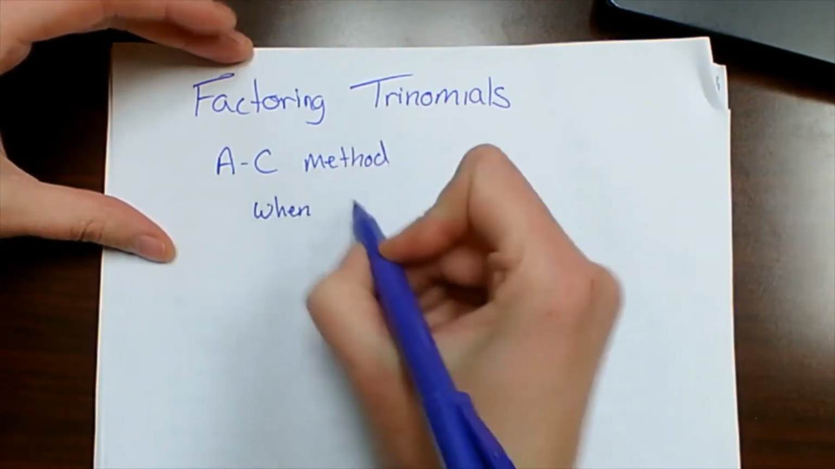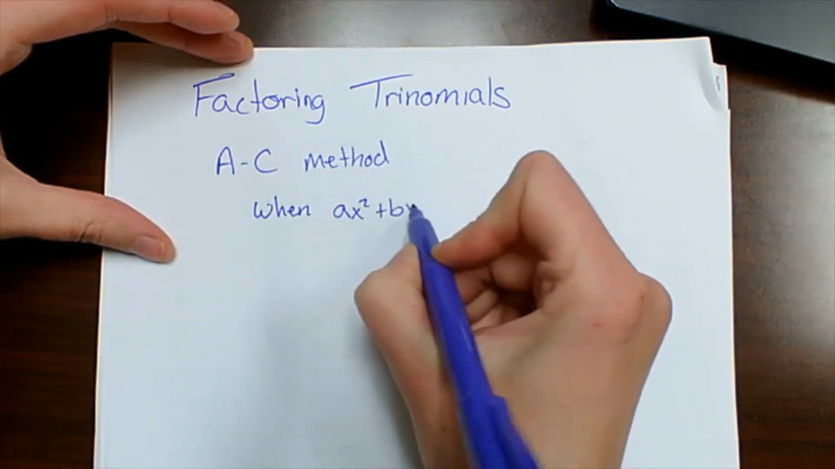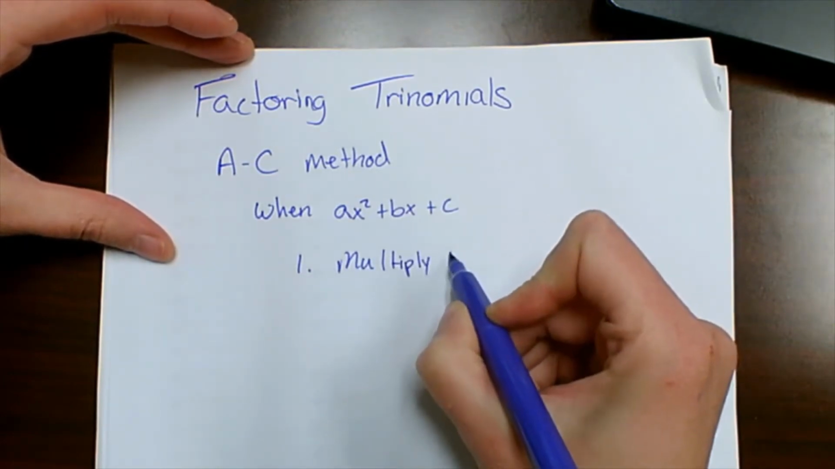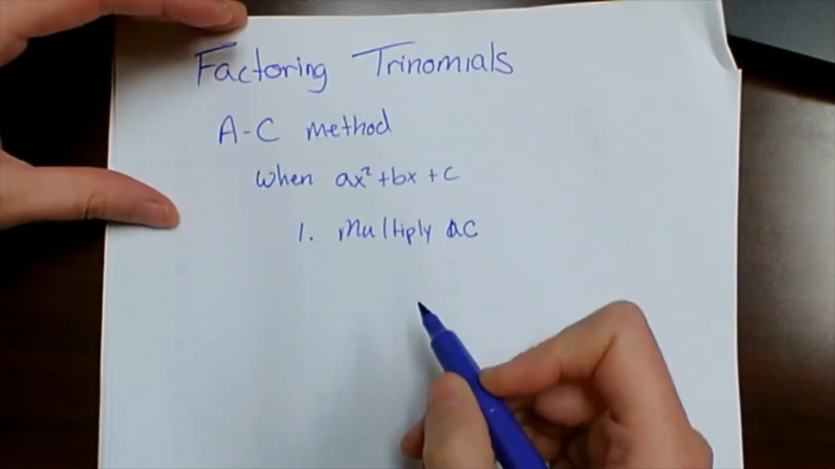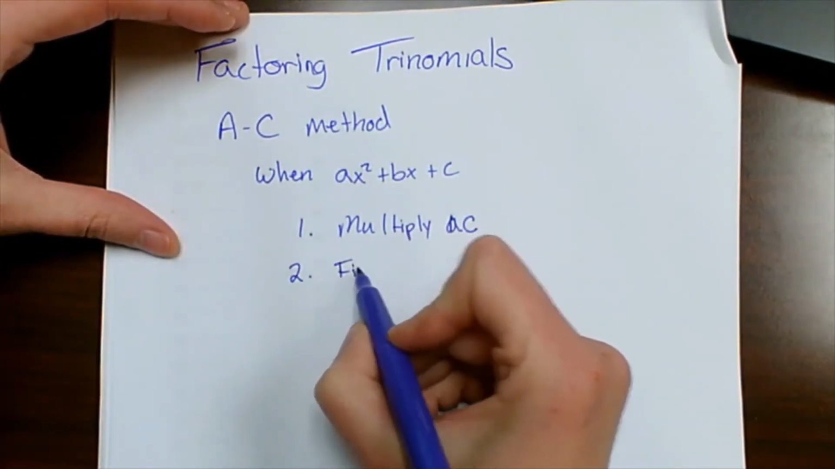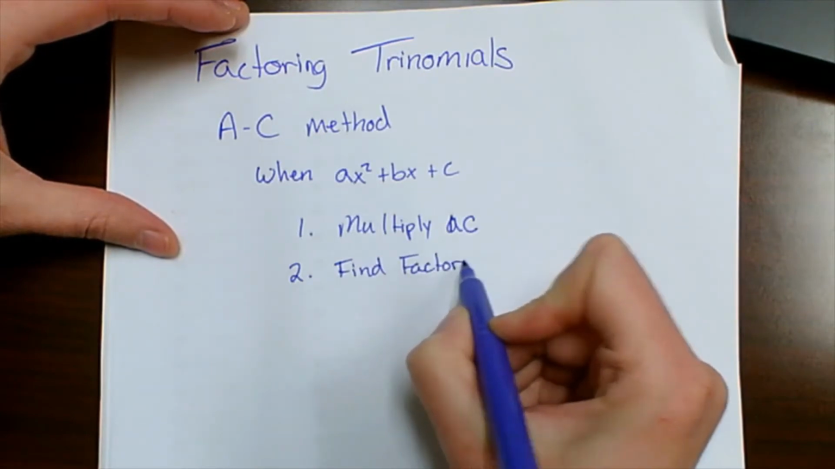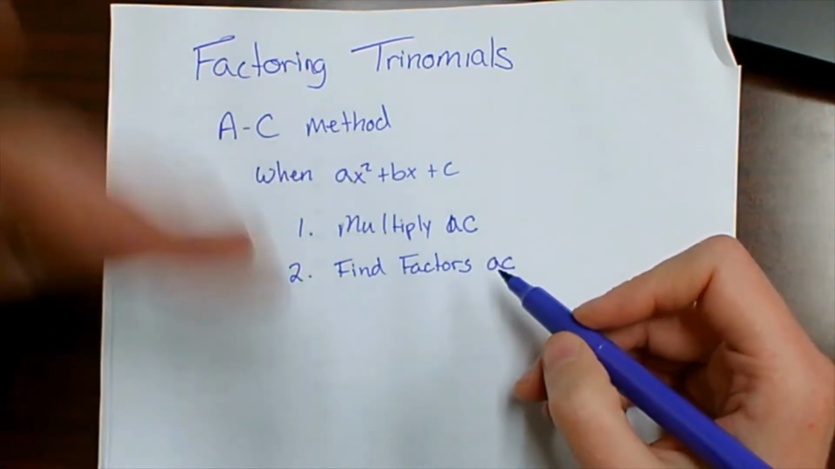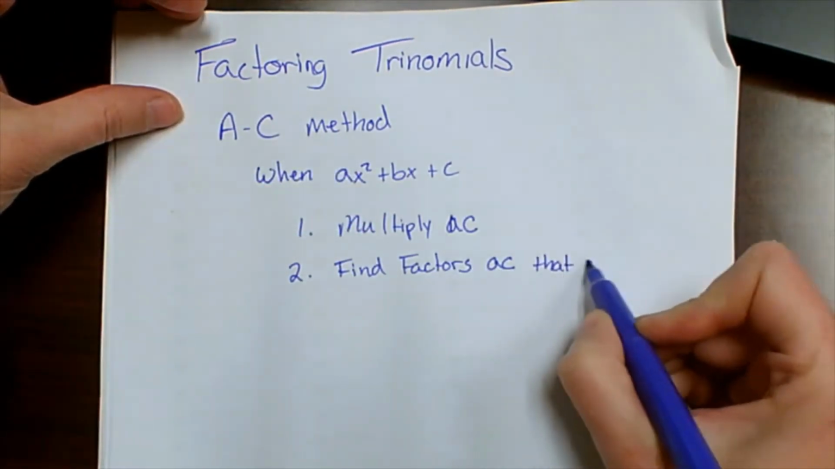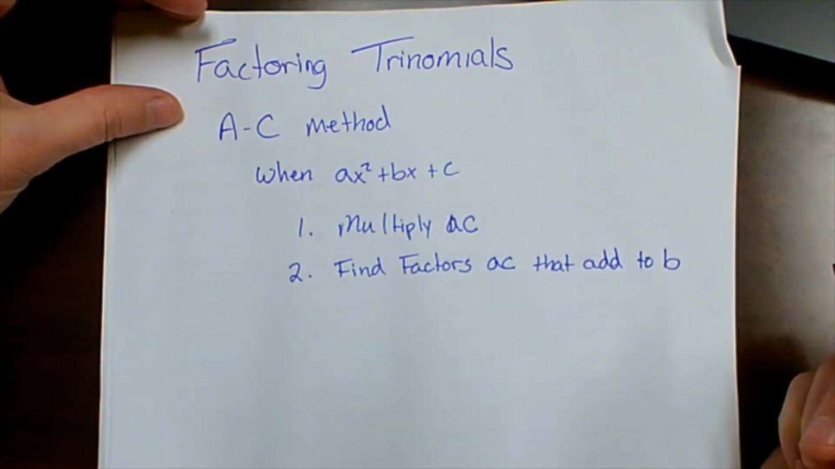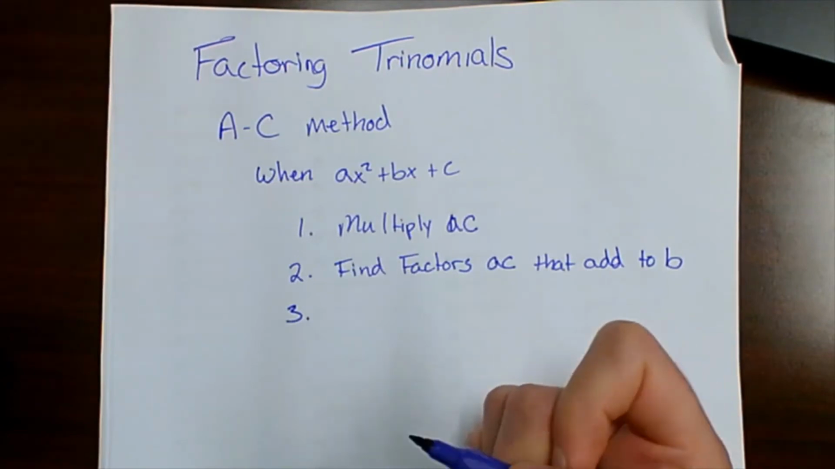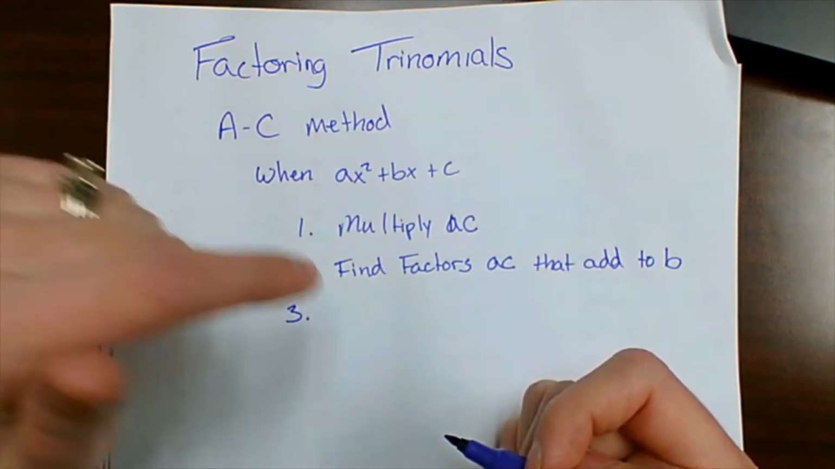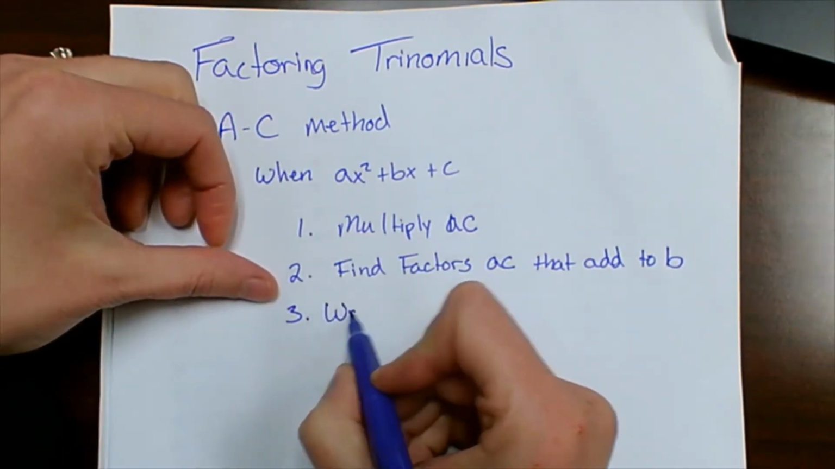So when you have ax squared plus bx plus c, you're going to multiply your a and your c. Then you're going to find the factors of ac, or the number that you got when you multiplied a times c, that add to b, or your middle term. After you find the factors that when multiplied get you the a times c, and when you add them you get your b, you're going to rewrite